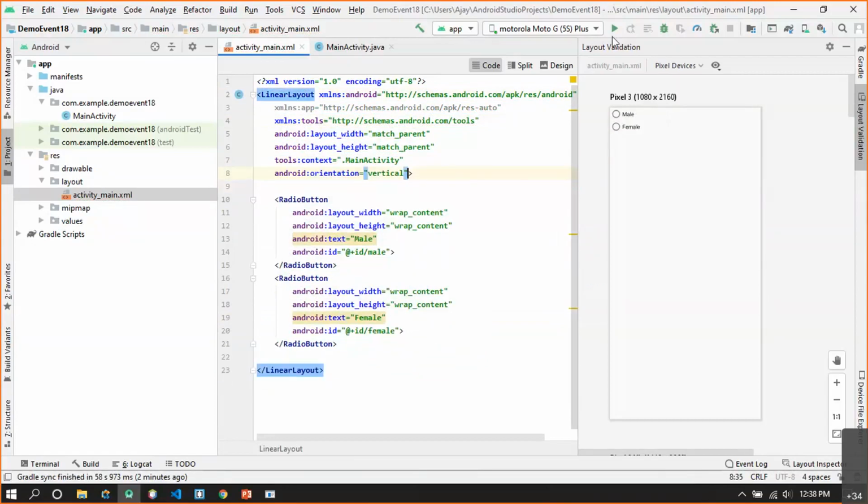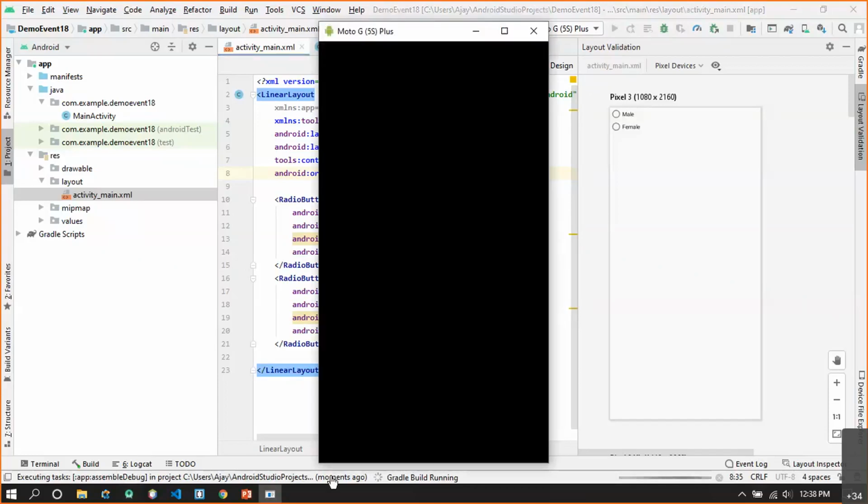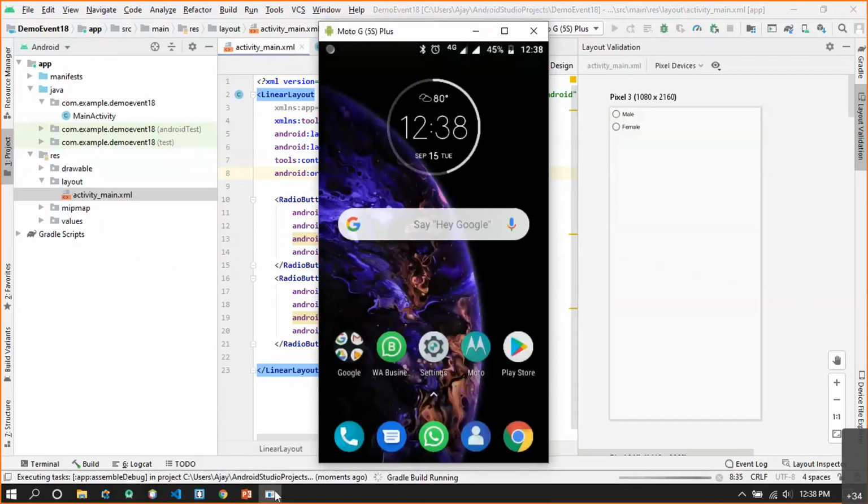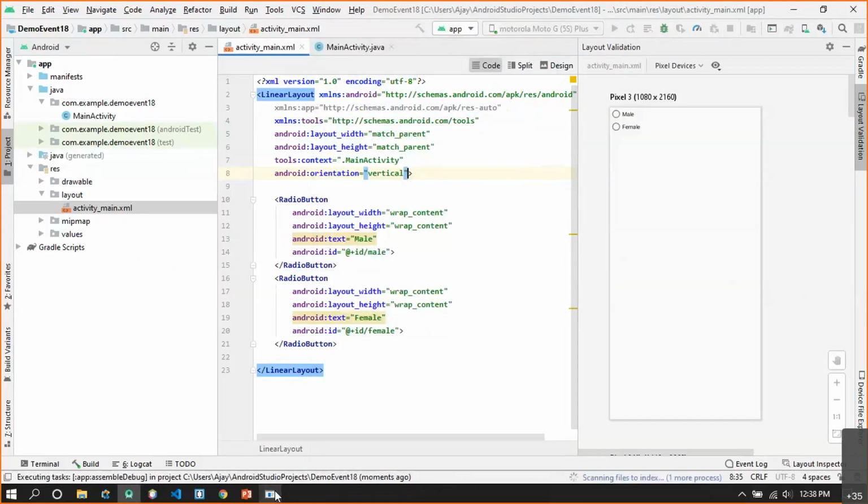Currently these two radio buttons are separate radio buttons. They don't have any relation which will make them mutually exclusive. We have just taken two simple radio buttons and added them inside my layout.